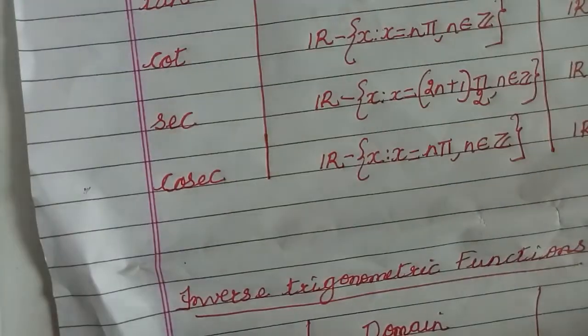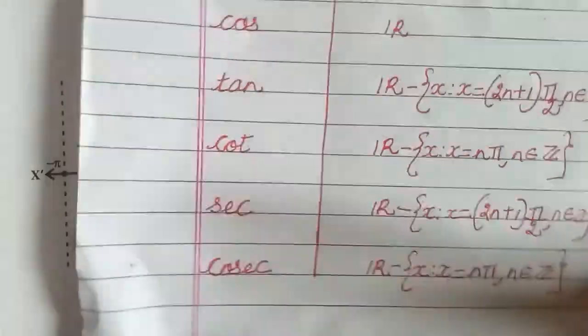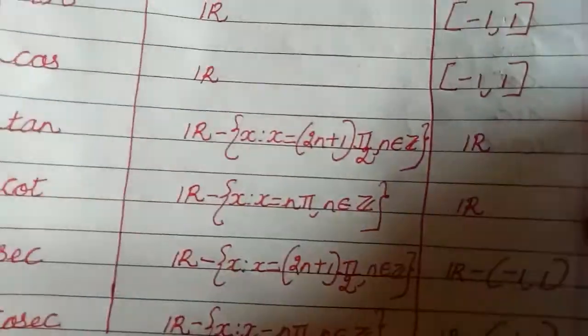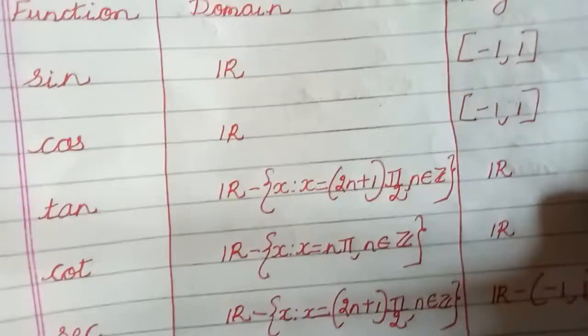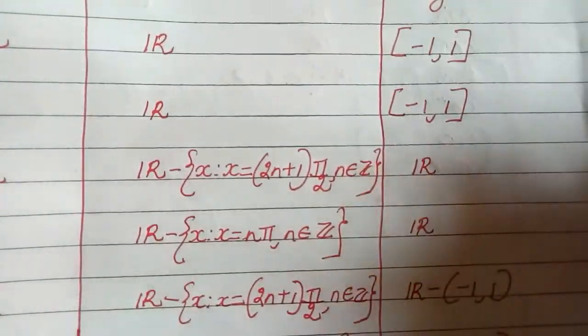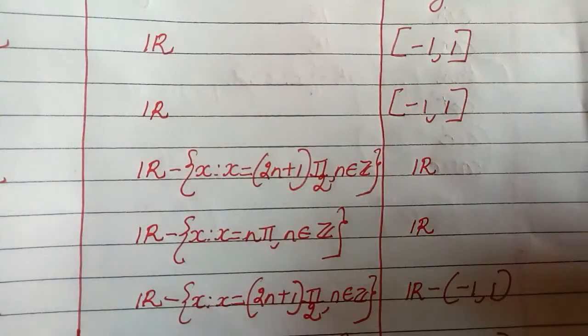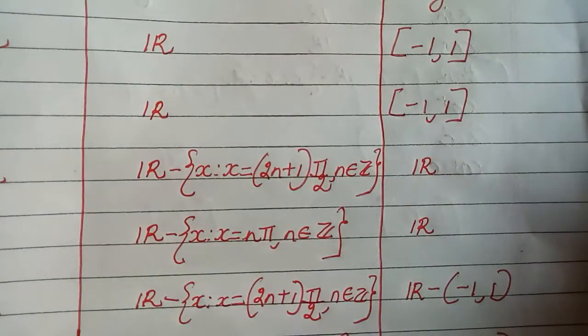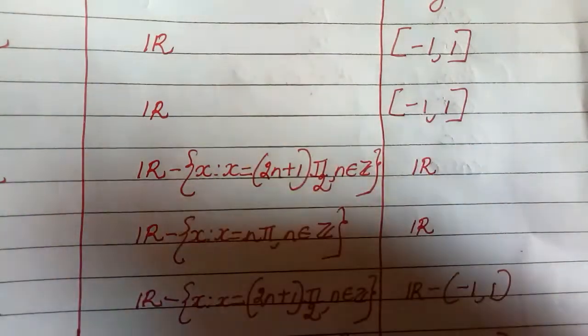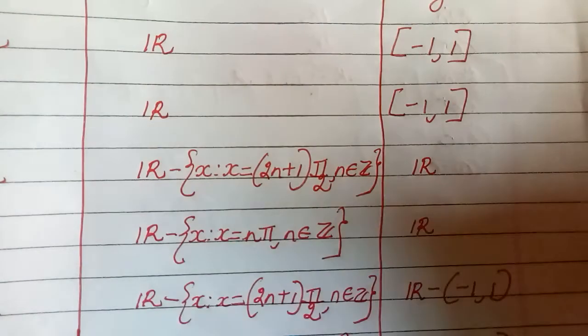Now the last one is cot. I hope you are following, children. You need not look at all those functions; I am just explaining it because it is a class. You just have to understand why it is so. Once you understand, you need not remember the diagram. You can learn the table by heart for easy use.